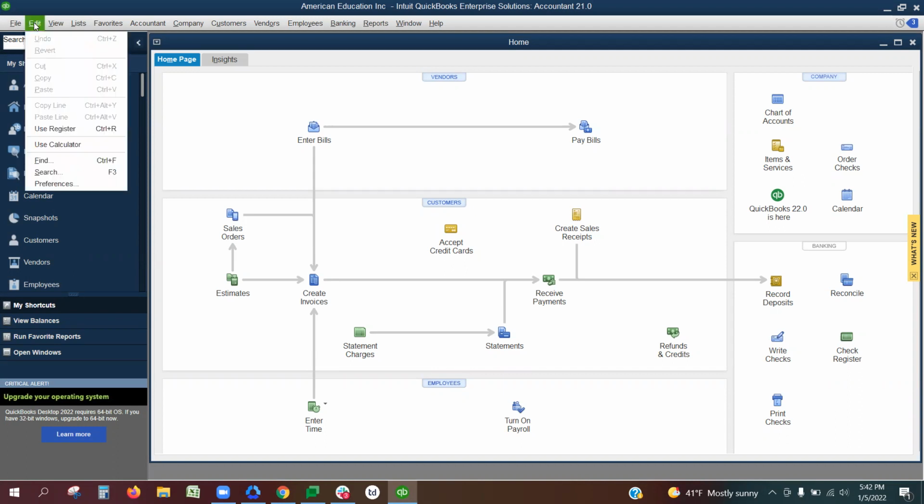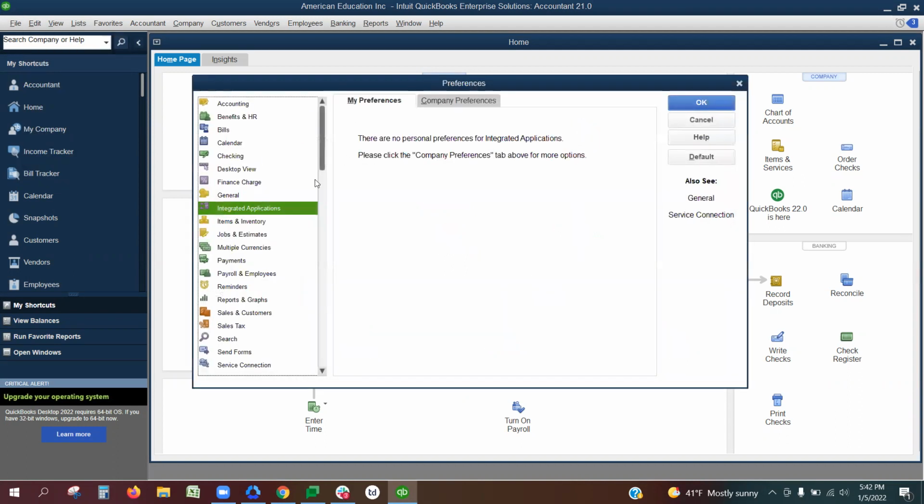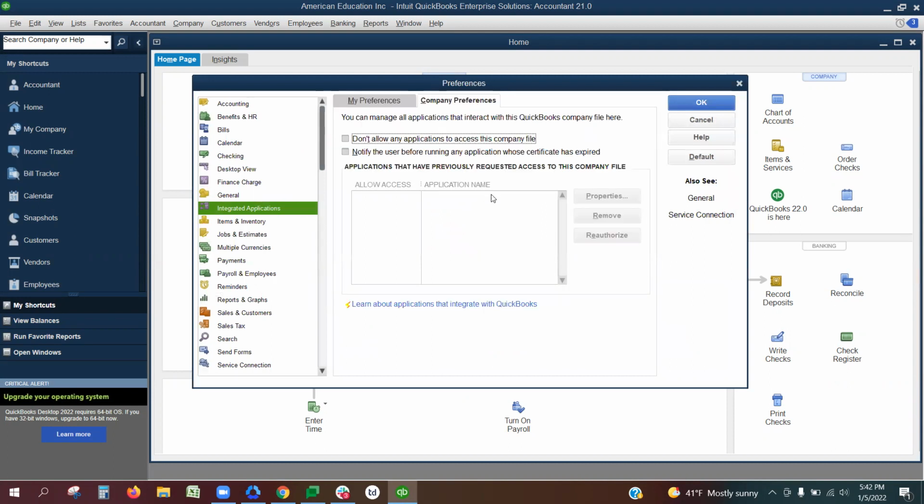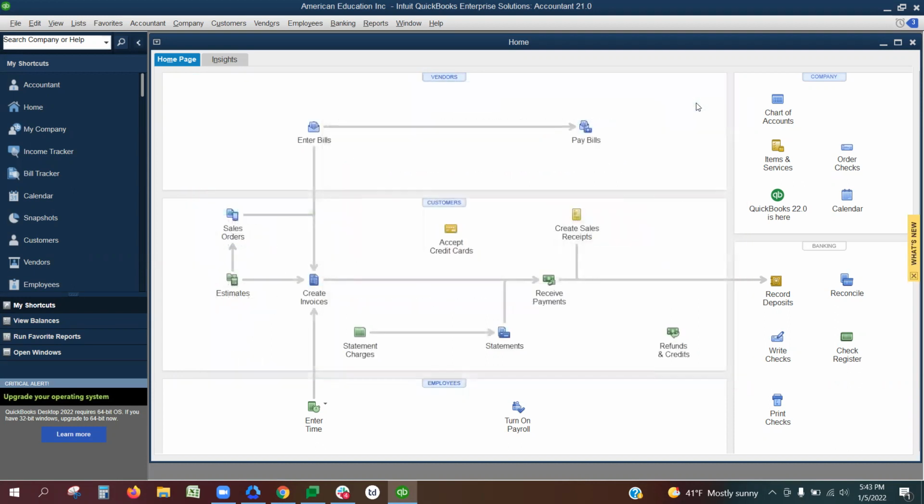You can find this by going to Edit, Preferences, Integrated Applications, Company Preferences. As you can see, for the current company I'm under, there's no Tax 1099 listed here. If I was checking in one of the other companies within my QuickBooks and I saw Tax 1099 listed, I would click Remove to remove that so it would no longer show here, and then click OK. Then I would go to the company that I'm importing for,